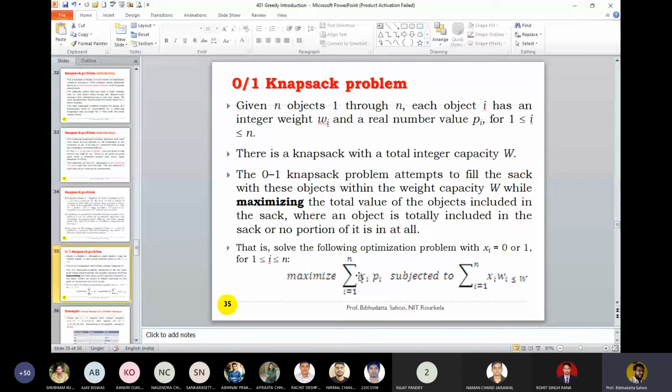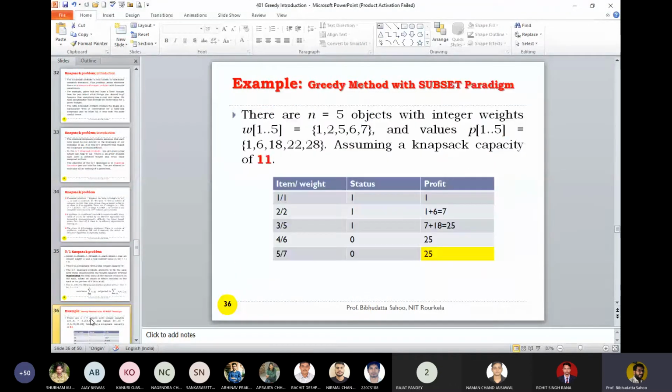So Pi is the profit associated with the ith item. We have n number of items. Knapsack capacity is W. So this is my constraint. The item which is to be selected or not selected, xi, is a binary variable, 0 or 1, and the weight acts as a constraint. I can accommodate that much material for which the sum of the weights will be less than the capacity of the knapsack. Now look into this particular example and you may argue why the items are available in sorted order.